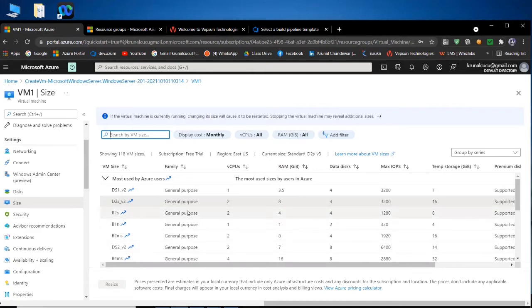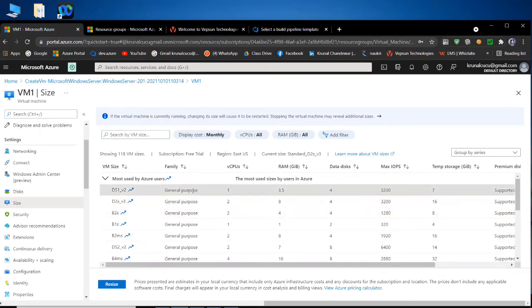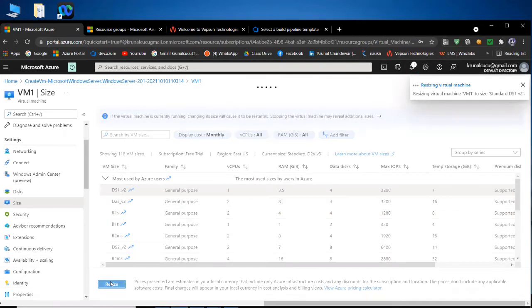How? You have to select only this one and say resize. Now we selected a big one, now we will go for a small one. Now I will select here and say resize, and that is the size which I selected before creation of my virtual machine.